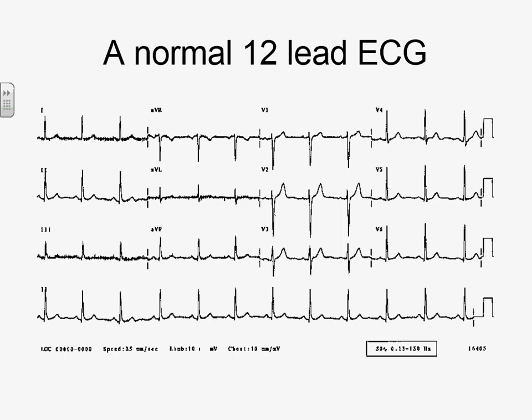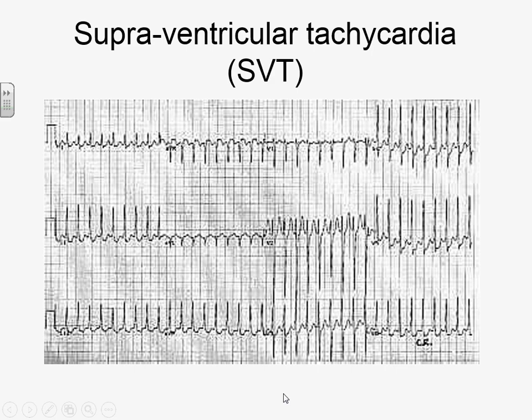And if you read across, if you read down, they go 1, 2, 3. And then if you go to the next section, we've got another section of 3, and then V1, V2, V3, V4, V5, V6. So the 12 leads are in those top 3 lines, and then they're all put together to form the bottom trace. So the bottom trace is the overall ECG, and then these other sections are like little snapshots to show what's actually happening from different parts of the heart, so you can identify if there's any damage anywhere.